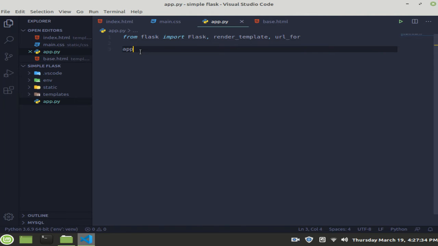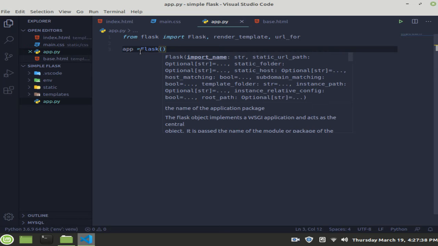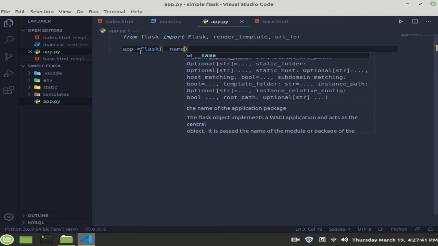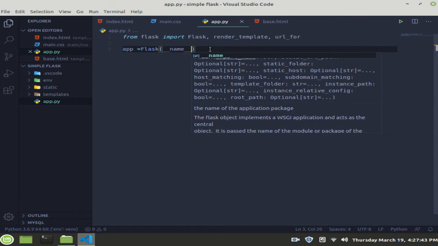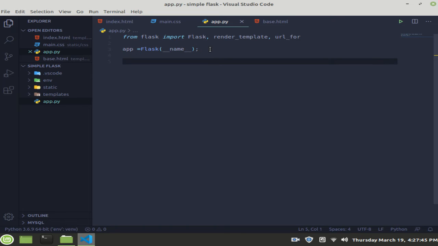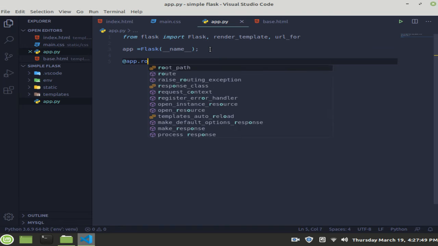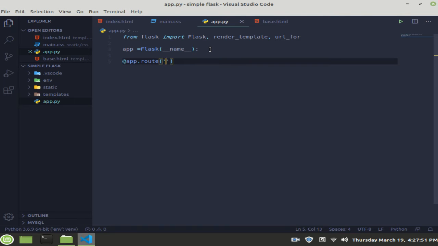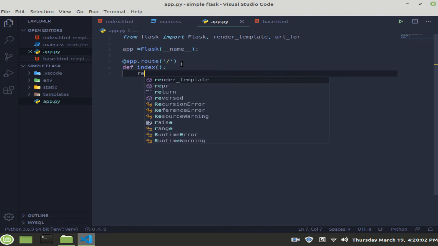Now we're going to say that the app is equal to Flask, and we pass in the name, and we're also going to give it a route, so app.route, and we're going to give this the normal page that it all pops up on. I'm going to say def index, and then we're going to say return